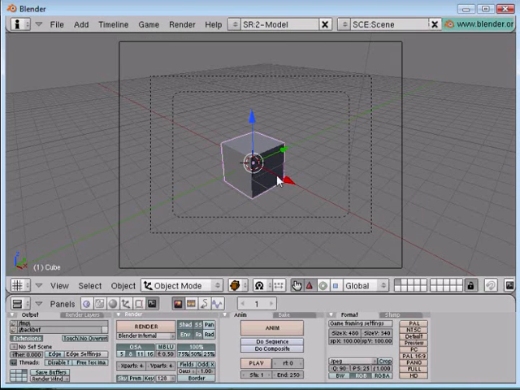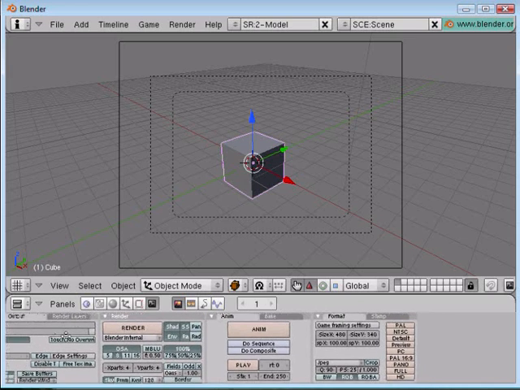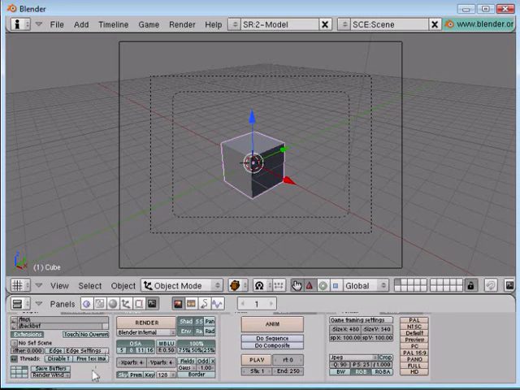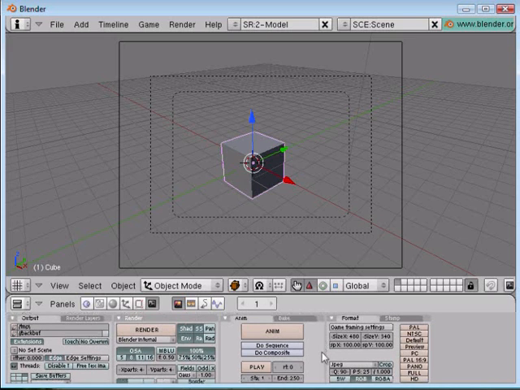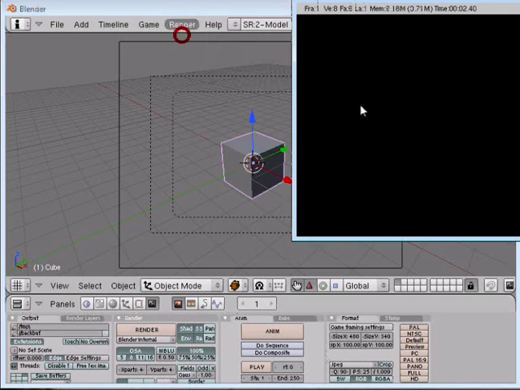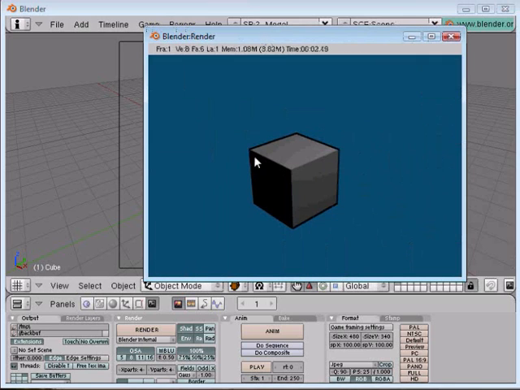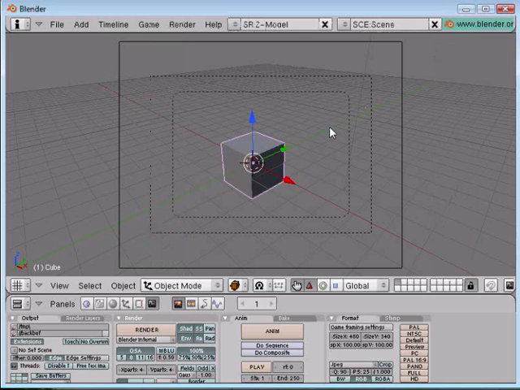Anyway, the effect that I actually wanted to show you is in the render panel itself. If you come over to the far left and go to the output tab, you will see a button called Edge. If we click on this and press the Edge settings button, we can choose whatever colour we want, and we can choose how thick we want them. I'm going to leave mine on 10 for the minute, and let's re-render this. You'll see it's added a black edge around like a cartoon, which may come in useful if you're making a cartoon style 3D movie,